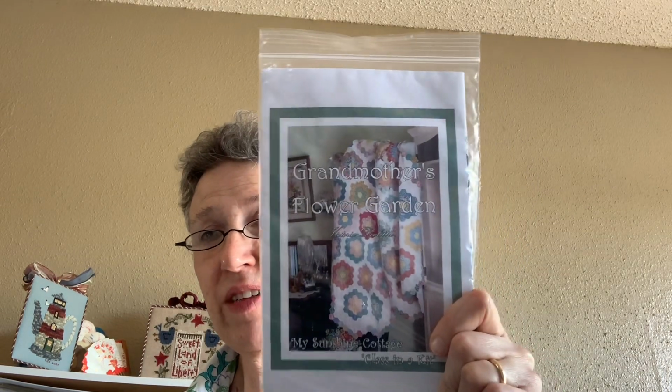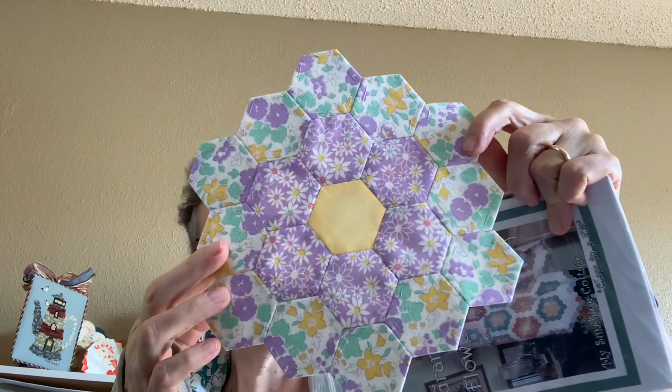Or I could work on this. So this is a project that Susan started a while ago. And of course, if one of us does something, there's certain things that the other one isn't that much into, but there's a lot of things where we're both into it, and if one of us gets something, the other one has to get it too. This was one of those things. I think Susan's got hers almost finished, and I have one block done. This is English paper piecing, and it would be,